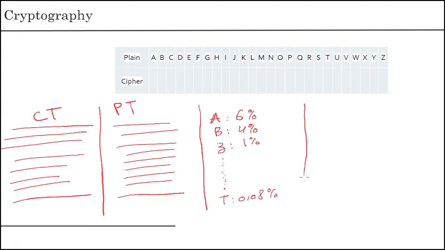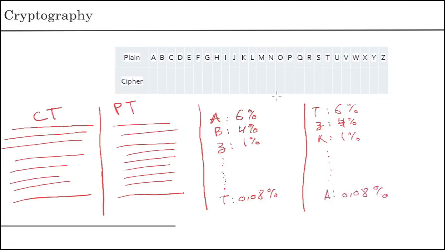We do the same process in the ciphertext. We count the percentage of occurrence of letters in the ciphertext and order them. So we find out that T, for example, is the most occurring letter by 6%. Then Z, for example, is the second most occurring with 4%. Then K with 1%, and so on and so forth until we reach the less occurring letter, which would be, for example, A,